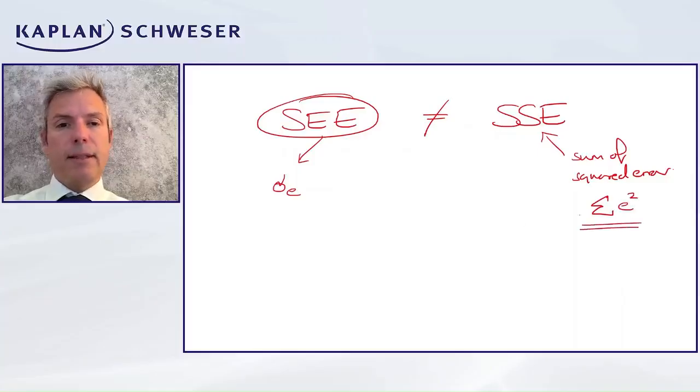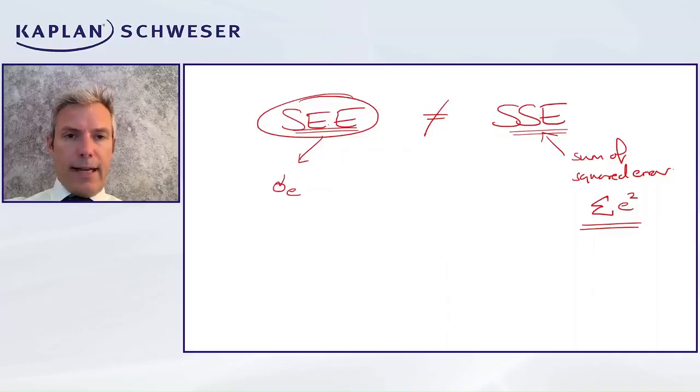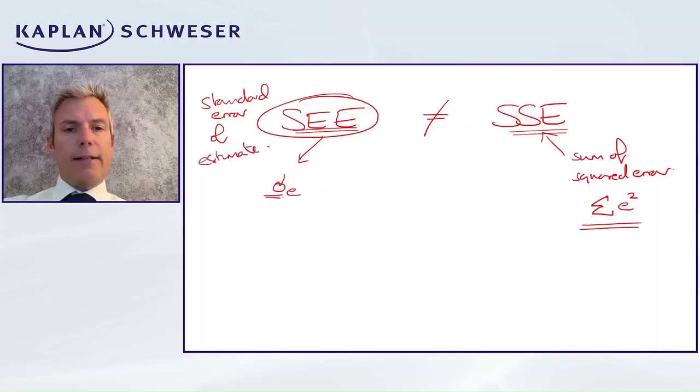You square them and then sum them. Now, don't forget, by the way, that whilst they're not the same thing, they are related. Your standard error of the estimate, I'm just going to write up what it stands for so that we've got perfect visibility here. Standard error of the estimate